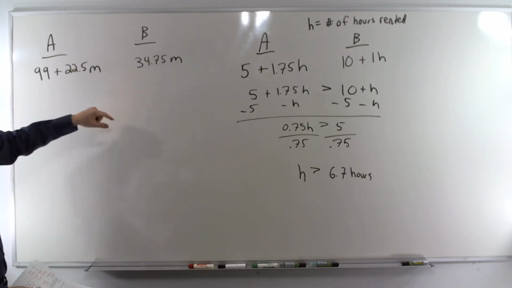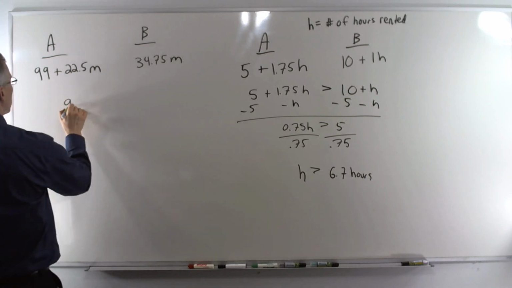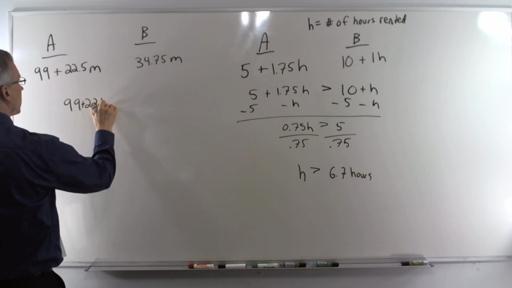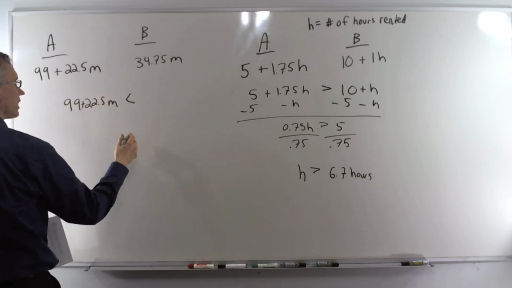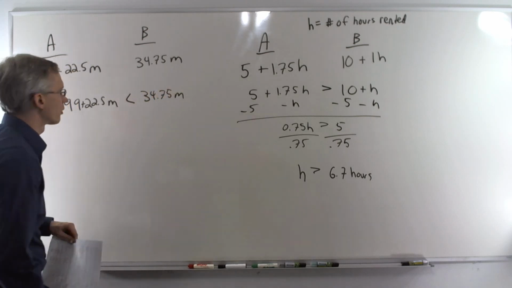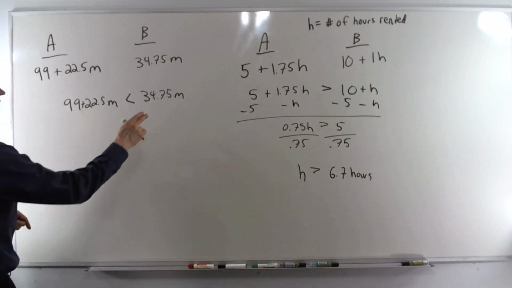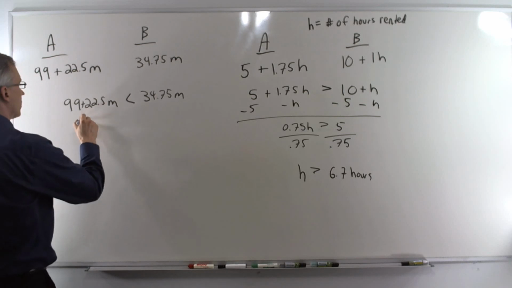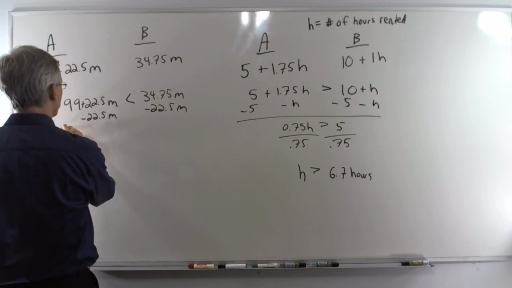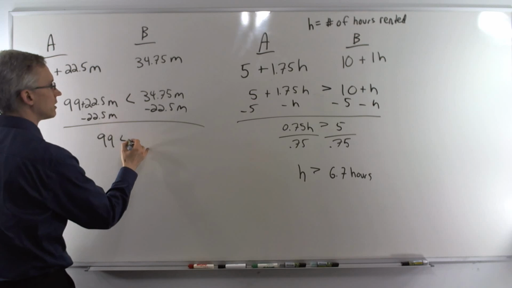So B is cheaper up front. We want to know when A is going to be cheaper. So plan A is cheaper than, less than, 34.75 M. Now we are going to solve for M. Subtract 22.5 M from each side. That gives us 99 is less than